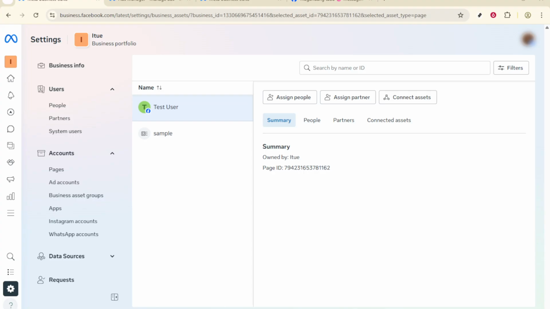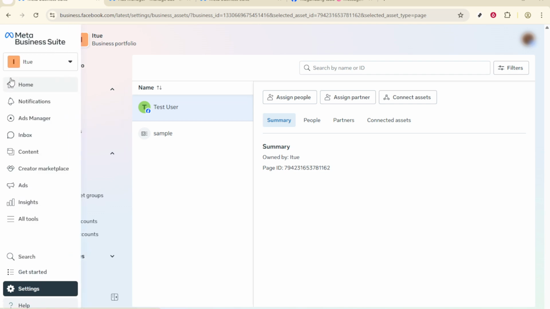First things first, you'll need to create a business portfolio. Begin by heading over to business.facebook.com/overview. This is the starting point for everything we'll be doing today. If you haven't already, sign into your Facebook account. Once you're there, you'll want to follow the prompts to set up your business portfolio. This is crucial as it ties together all of your advertising activities under one umbrella, ensuring a more organized and